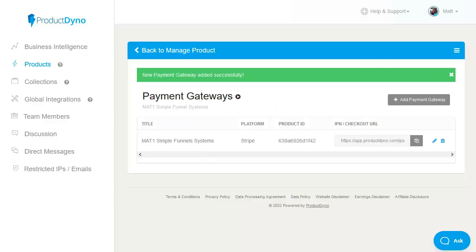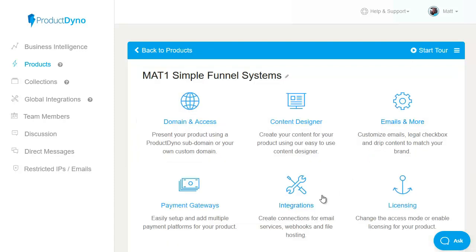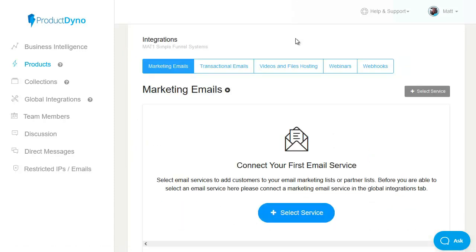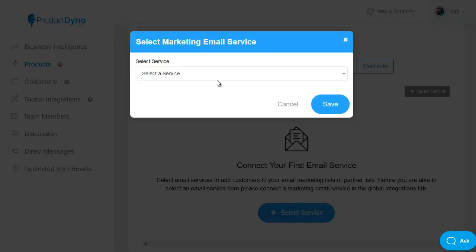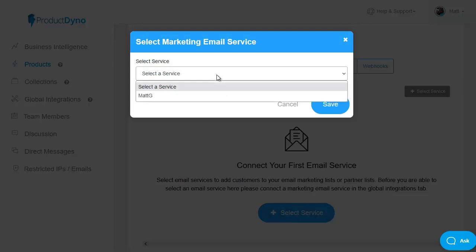Click on save, and that's a payment gateway set up. Next, we have integrations, and we did look at this briefly earlier, where we set up an Amazon S3 bucket for our video files and hosting, but you can also integrate with your transactional emails, SMTP, webinars, webhooks, and of course your marketing emails. So let's click on select a service, and again, there is a wide variety of services